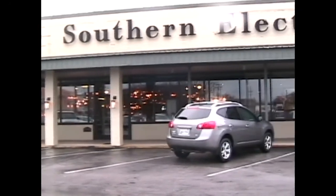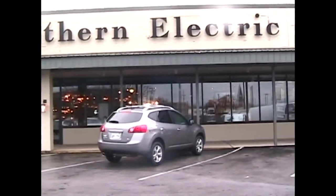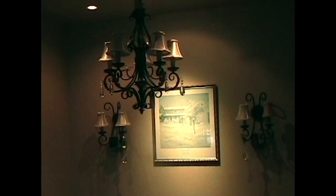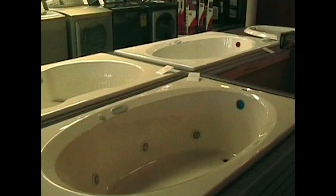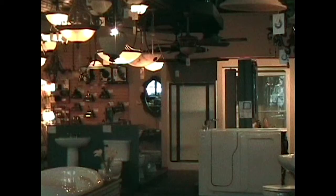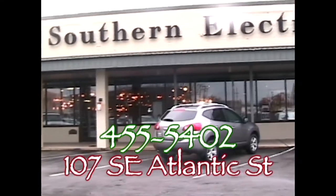Southern Electric and Plumbing Supply, located at 107 Southeast Atlantic Street in Tullahoma, is the area's premier location for electric and plumbing supplies and fixtures, featuring GE appliances, Delta faucets, and complete fixture lines displayed in a state-of-the-art showroom. So if you're a contractor working on new construction or a homeowner working on a weekend remodel project, Southern is the place to find that special fixture you need to make your home shine. Southern's experienced staff can help you solve any problem. Southern Electric and Supply Company, 107 Southeast Atlantic Street, Tullahoma,